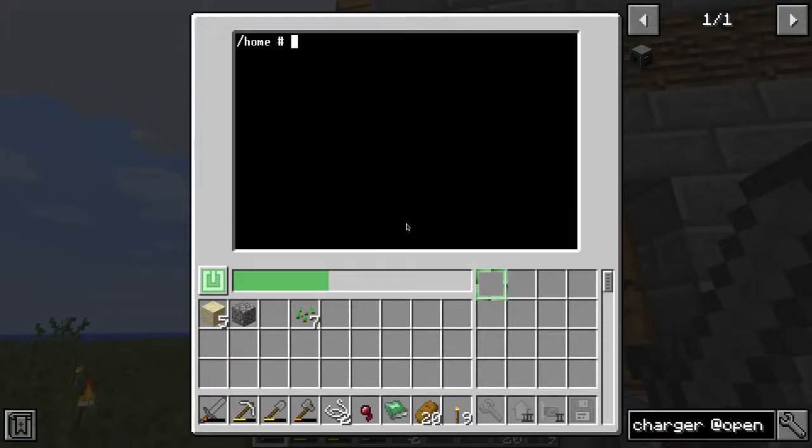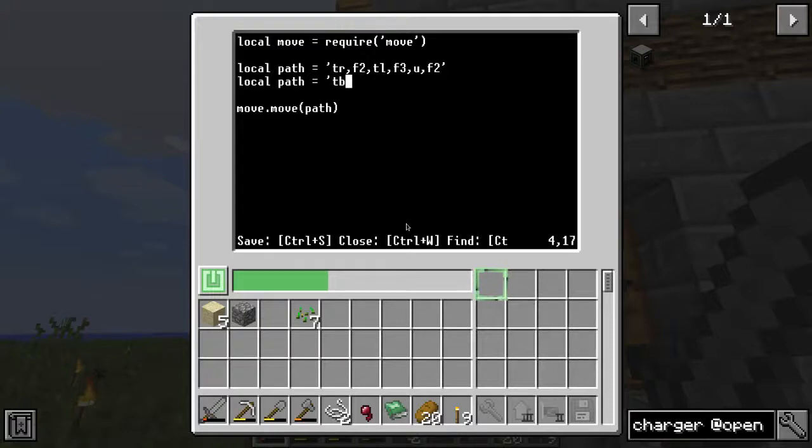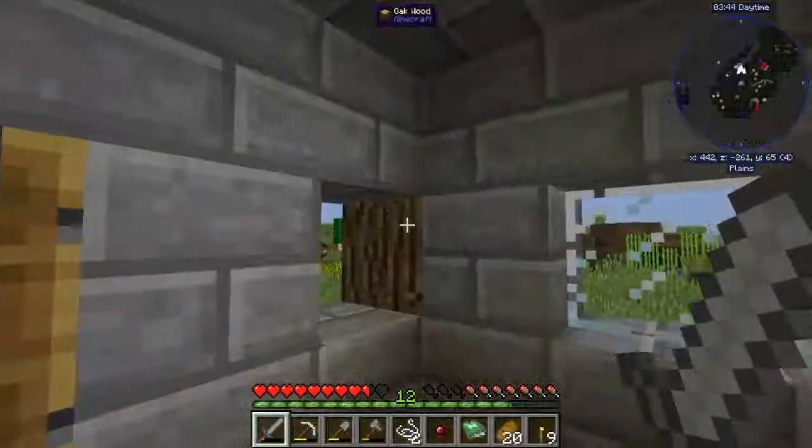So what I'm going to do is copy source out to source back.lua and then edit source back. Basically the only thing we want to change is the path command, and it should be turn back, go forward twice, right? Then it'll be here,